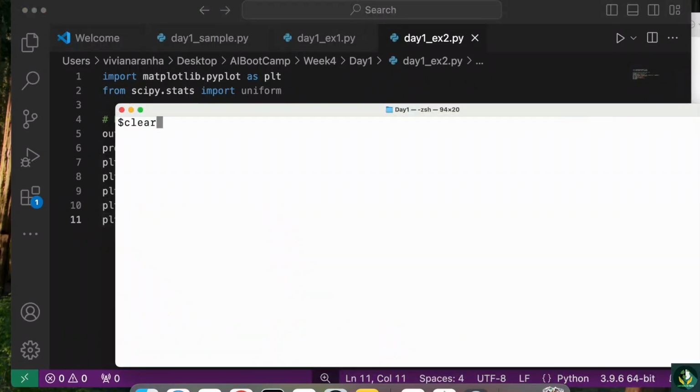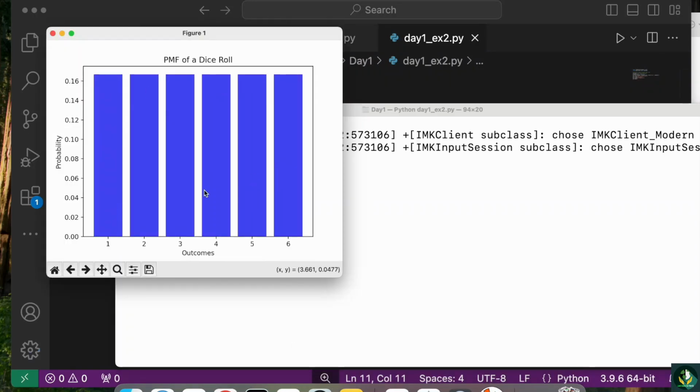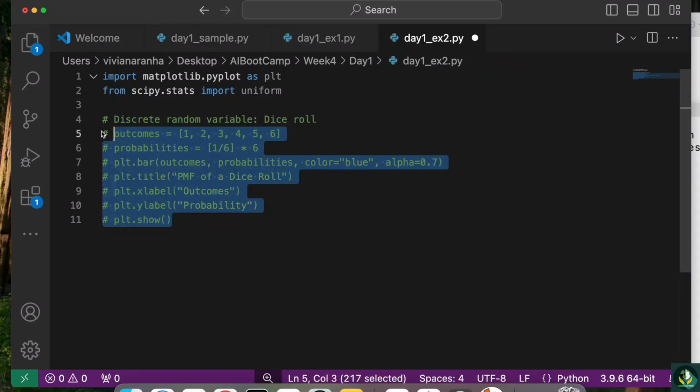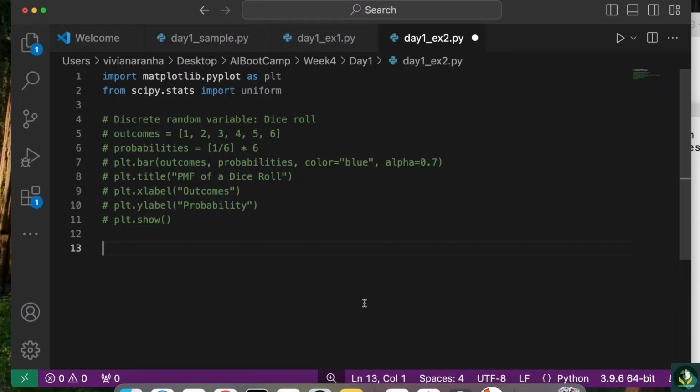I'm going to go here. I am going to say python day1_ex2 and run it, and there you go. The outcomes are pretty consistent, 1 2 3 4 5 6, so the probability is equal for any of them to show up, even though the numbers might be a little different, but it will always be the same equal amount of probability. Now next I want to comment this out, and next let's do a